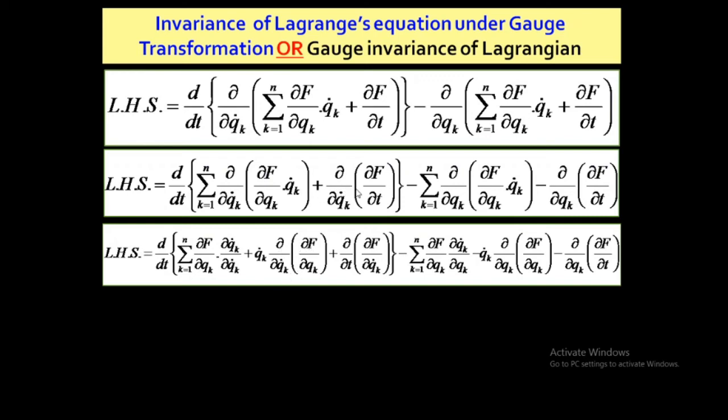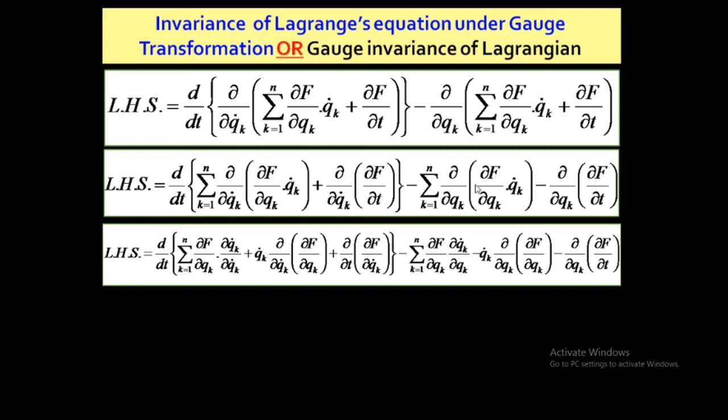And in this term I am exchanging the derivatives. Del by del t I am taking outside and del by del qk dot I am taking inside. There is a purpose; you just have to interchange the derivatives. So here del by del t in brackets, del f by del qk dot, minus summation over k. Here also I am applying the product rule. There are two functions, first function and second function. First function, del f by del qk, derivative of second, with respect to qk.